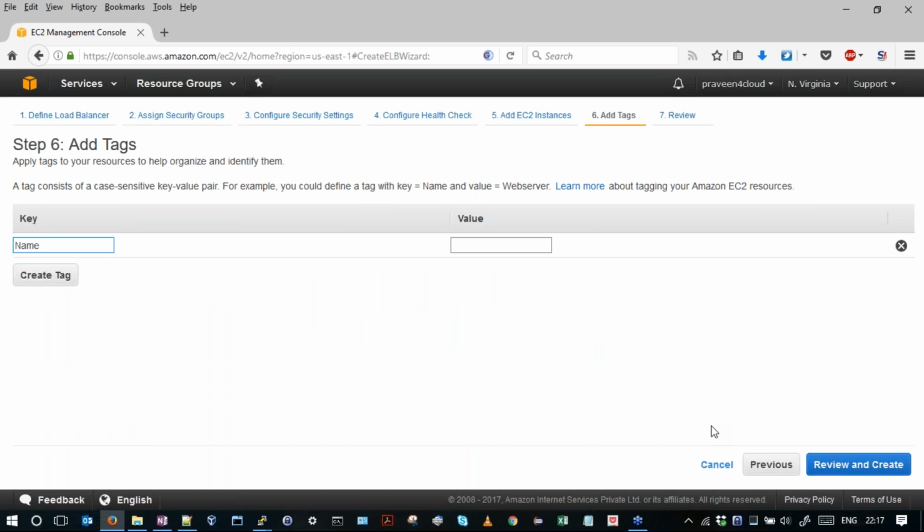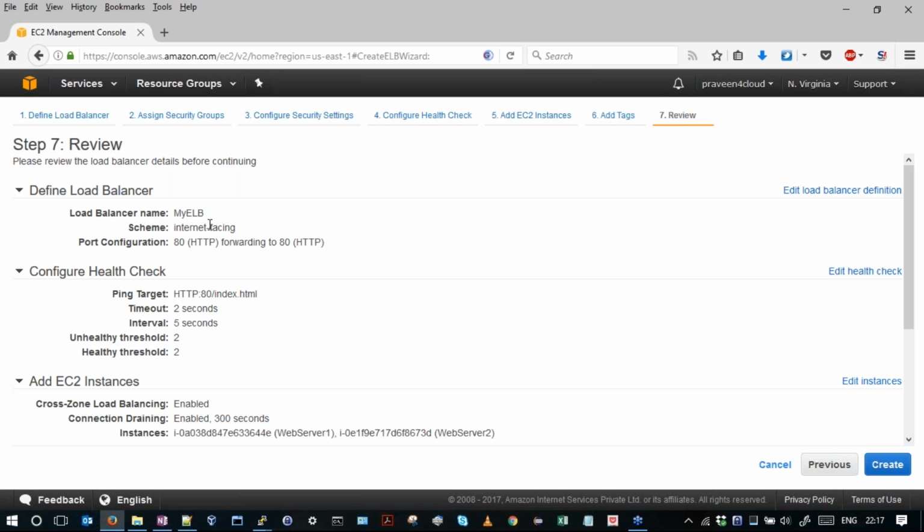I will simply name it my load balancer. Now let's review and create the load balancer. Here we are creating a load balancer called my ELB, and we are associating it with two web servers, web server 1 and web server 2. Let's create it.